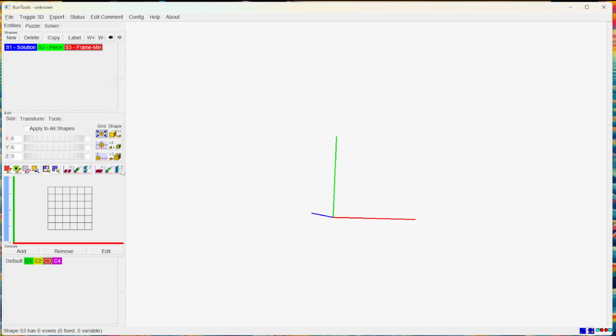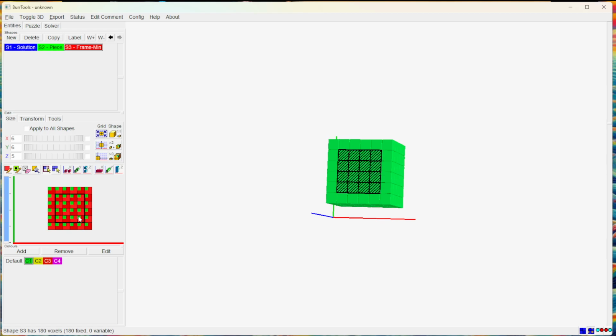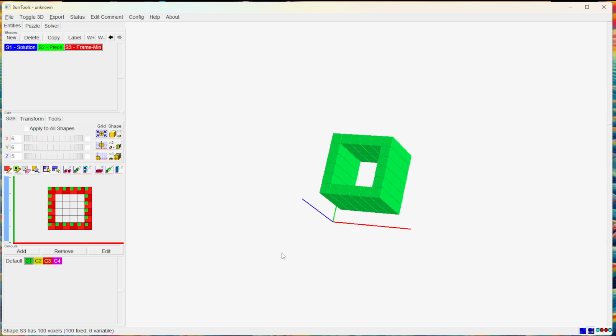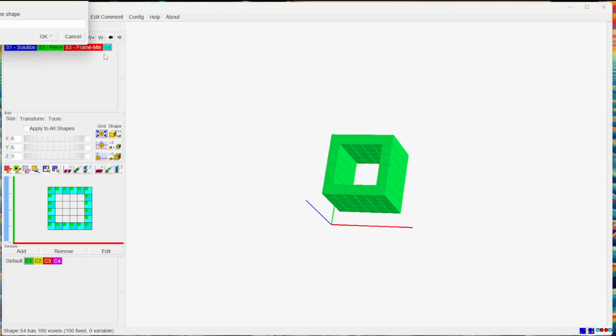This is the bare minimum to make a frame. My frame will be green. I'll click on the Z so I can draw it in all layers. 1, and then erase the middle, 2. That was easy. I'm going to copy this, and I will call this